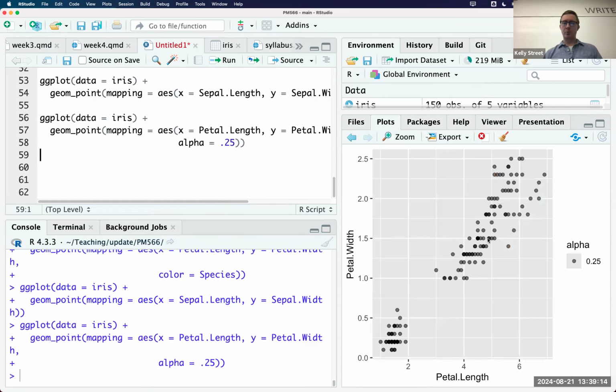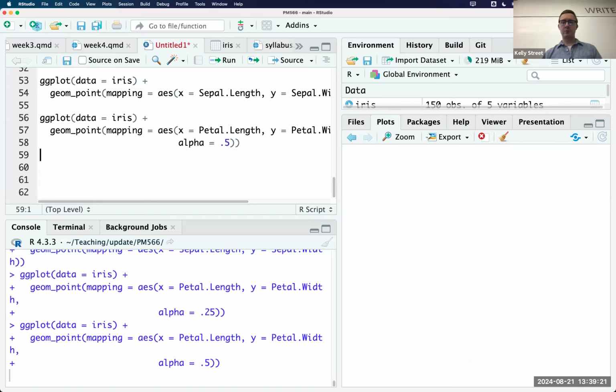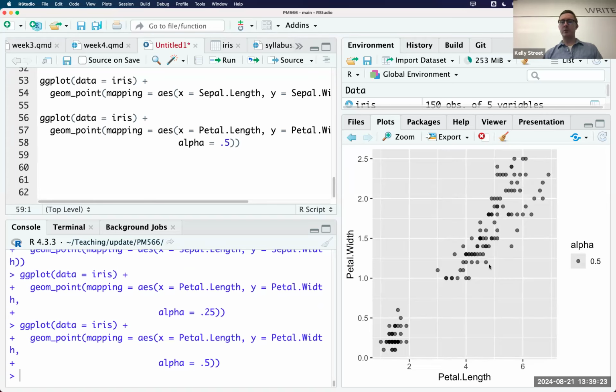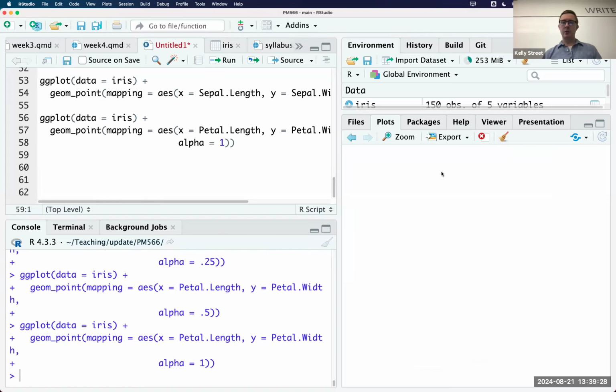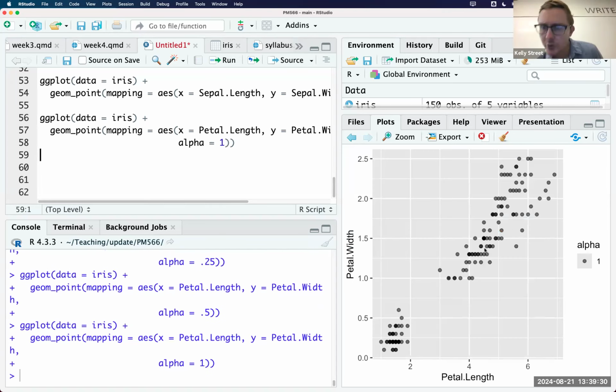And notice all of my points now have a little bit of transparency to them. Then there's a little bit less transparency. I can just say alpha equals 1. And we're basically back at, oh, no, there's still some transparency there. It's like the inside of the point is transparent, but the outside isn't. All right. Well, I don't really know how they're doing this. It's some weird choices. But this is how you add some transparency to your plot,